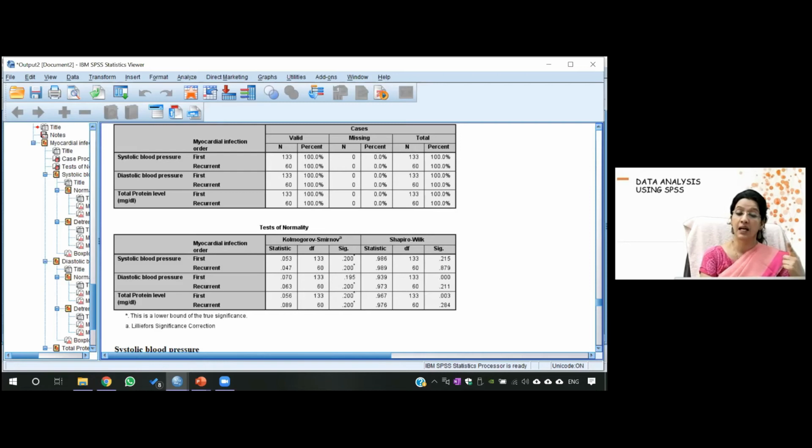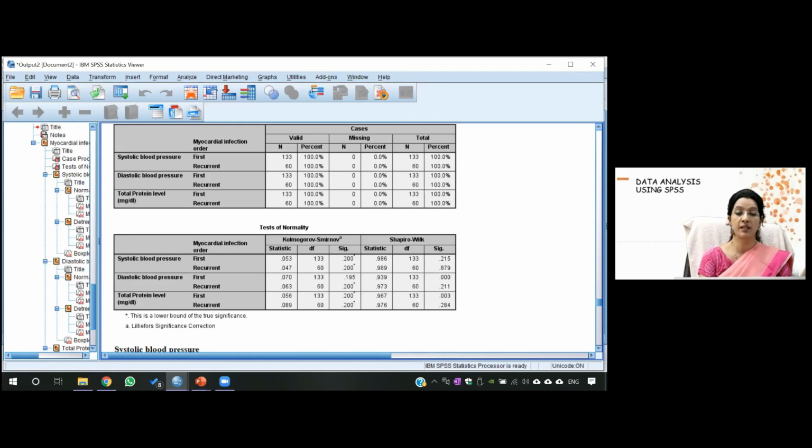Why? Because the null hypothesis says that the data is normally distributed. So you accept the null hypothesis by having a p-value more than 0.05. If you don't understand the concept with the null, then you can just remember that here the p-value is not desirable. So we want the p-value to be more than 0.05.